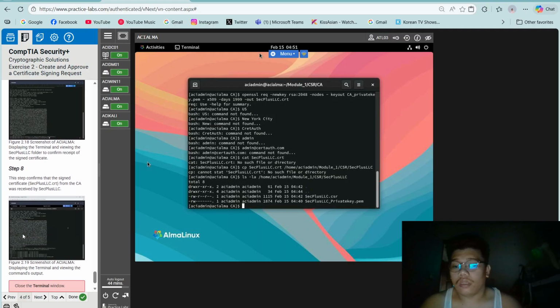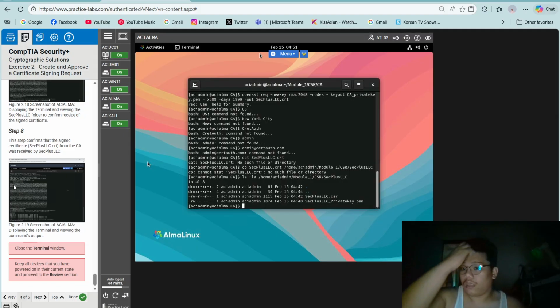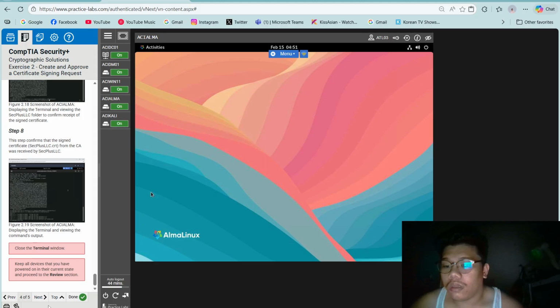Enter. So step 8. This step confirms that the signed certificate SecPlus LLC.CRT from the CA was received by SecPlus LLC. So close the terminal window. Keep all devices that you have powered on under current state and proceed to the review section.